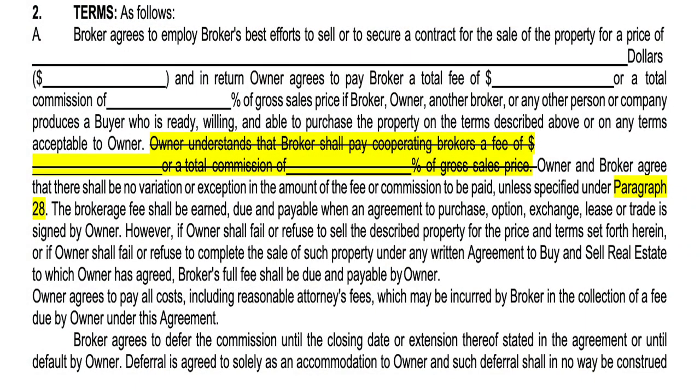Now, in the next few lines, it says whether or not you're going to have a flat fee sales amount or agreement and the dollar amount there, or you're going to use a commission percentage rate of the sales price of the property. So flat fee or percentage, whatever your company policy states. I'm not going to go into commission rates on this video because this is going out to multiple other companies who have their own policy. But just know you can either do a flat rate listing or you have a percentage of the sales price